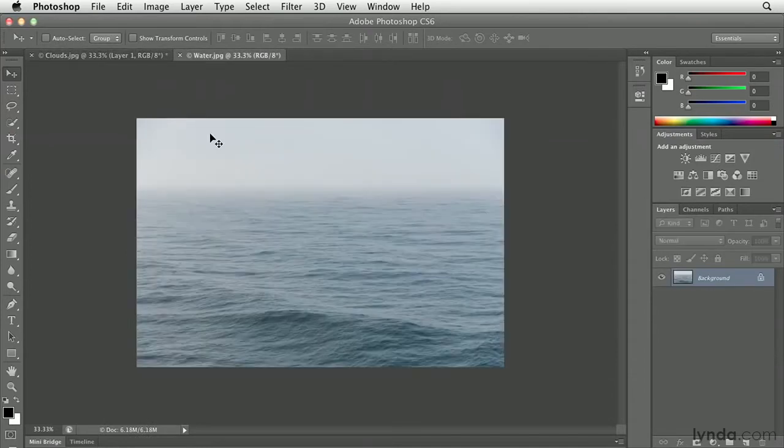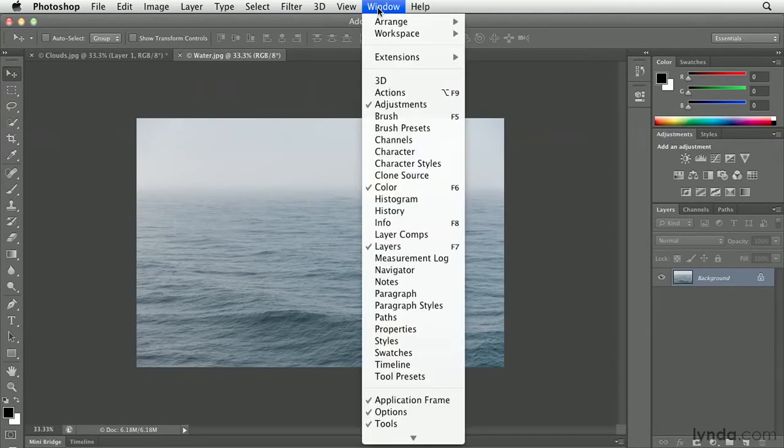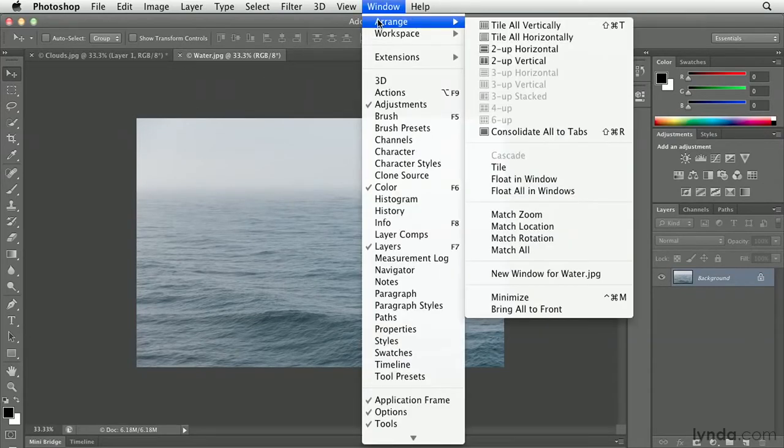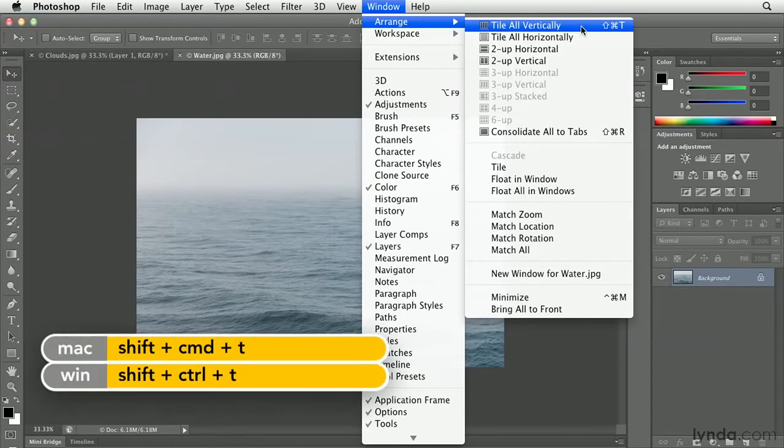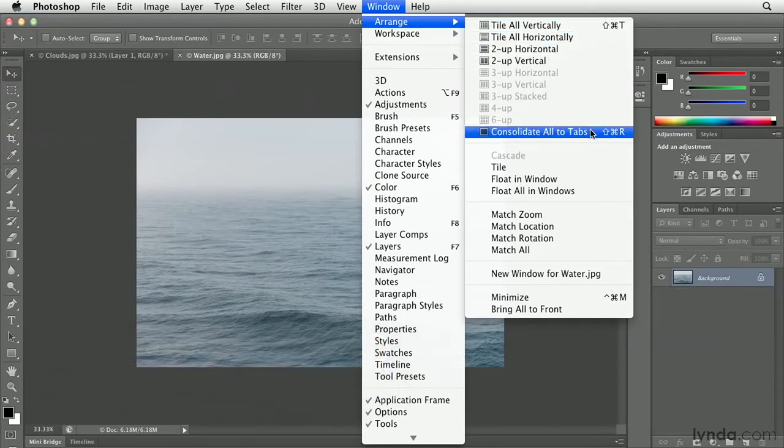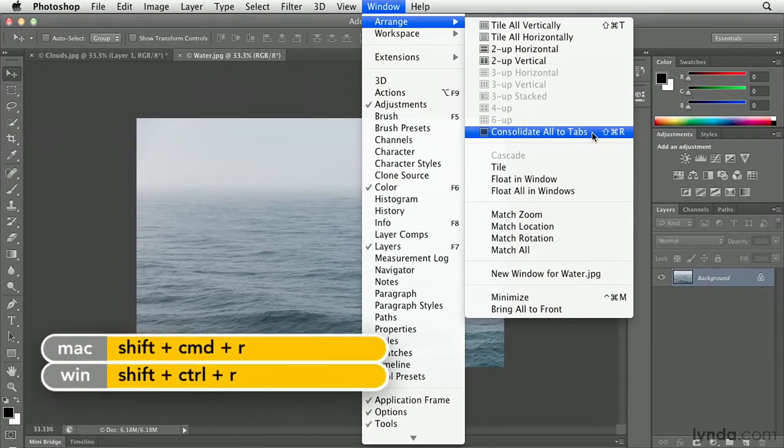If you don't like dragging and dropping using the tabs, another way to do this would be to show all of your open documents. So I'll use Window, Arrange, and then Tile All Vertically. Now in a previous lesson, I assigned keyboard shortcuts not only to tile all vertically, which is Command-Shift-T or Control-Shift-T, I also assigned a keyboard shortcut to consolidate all to tabs, which is Command-Shift-R on the Mac or Control-Shift-R on